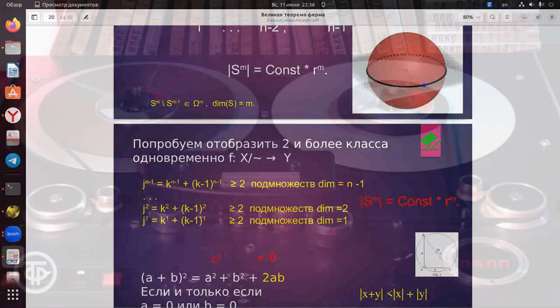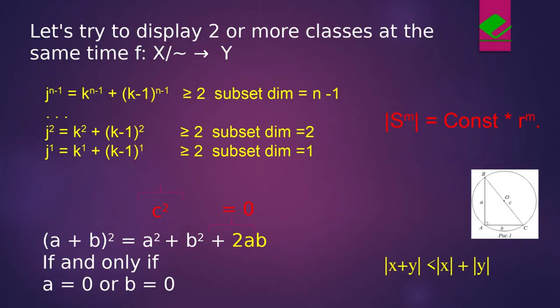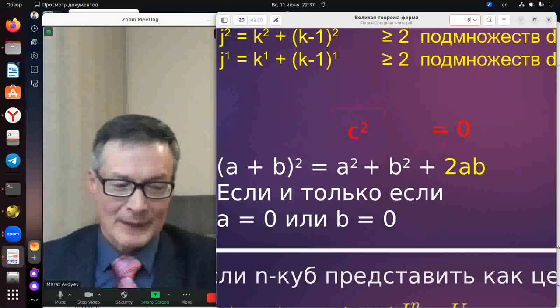Recall our experiment with tape reels. The number of layers in the image is greater than or equal to 2, since 2 is the natural number following the unit. This leads to a system of equations that is unsolvable even in real numbers. You can verify this by using the triangle inequality, where the sum of the lengths of the cathetes is greater than the length of the hypotenuse, except for the zero case, which is excluded by the conditions of Fermat's last theorem. For the number of terms more than 2, apply the associative law and the mathematical induction method.